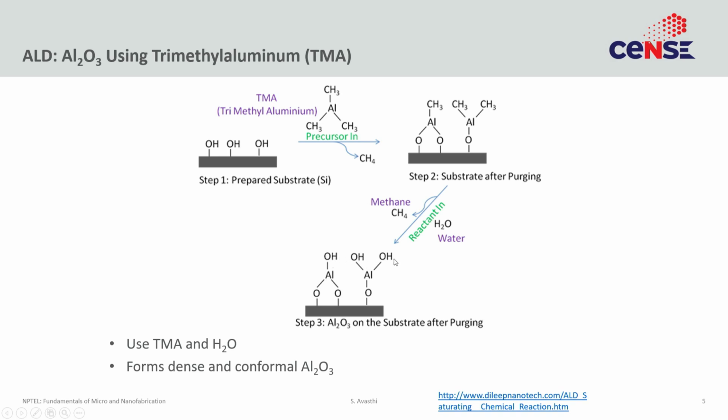Now, if the substrate temperature is high enough, then this aluminum OH bond can dehydrate into an aluminum oxide bond, and that leads to the formation of aluminum oxide. If you are not ending this chemical reaction here, then these OHs will react with TMA again in the next cycle, and so on, and you will layer by layer keep growing aluminum oxide. The reason this is so popular and nice is once again the USP for ALD: you grow very conformal and very dense films.